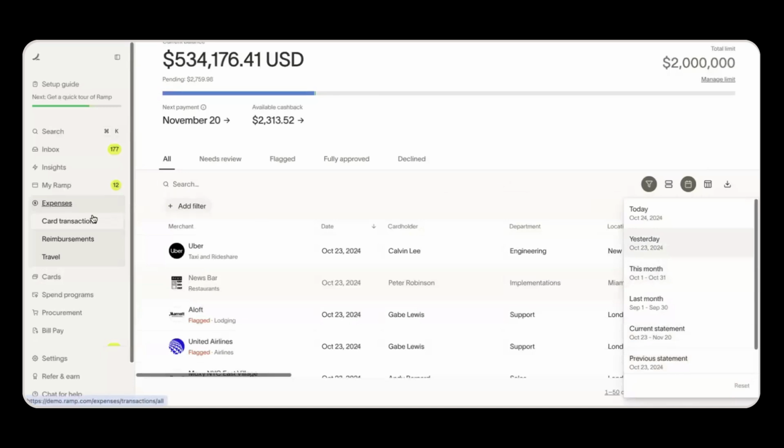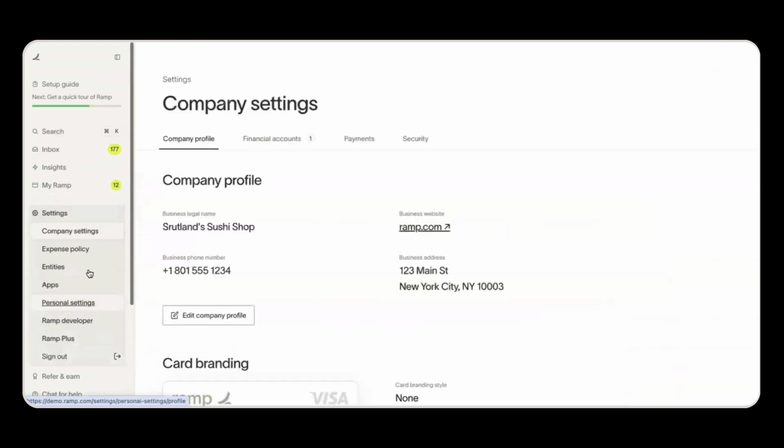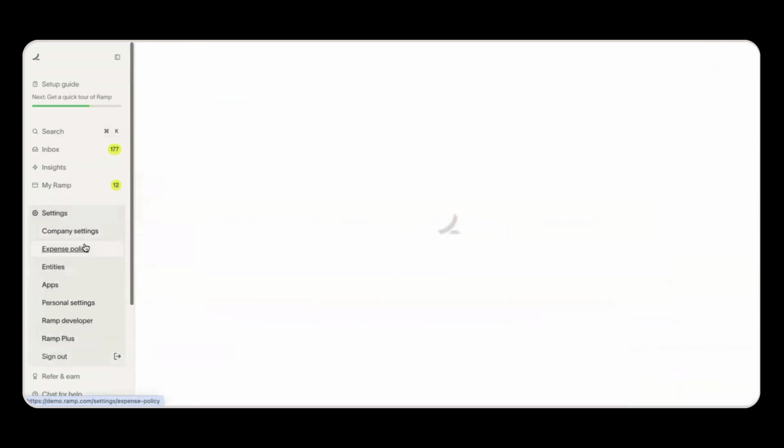Now, the last thing I'll show you is how to enable employee coding. I briefly mentioned this previously, but some businesses that I do work with expect their employees to add accounting coding, whether that be for category, department, location, project. We can enable that in Ramp in the expense policy. Follow me to Settings and Expense Policy